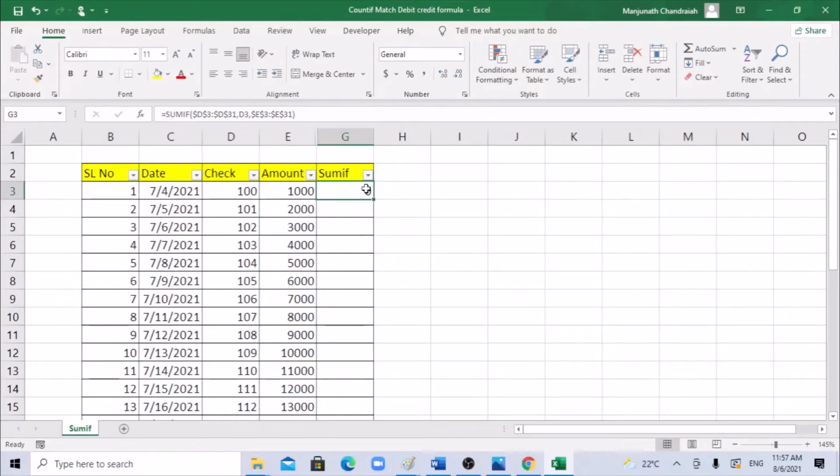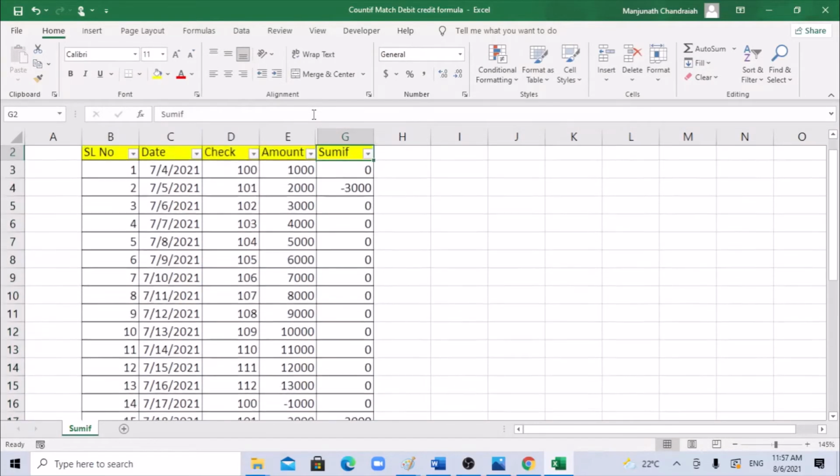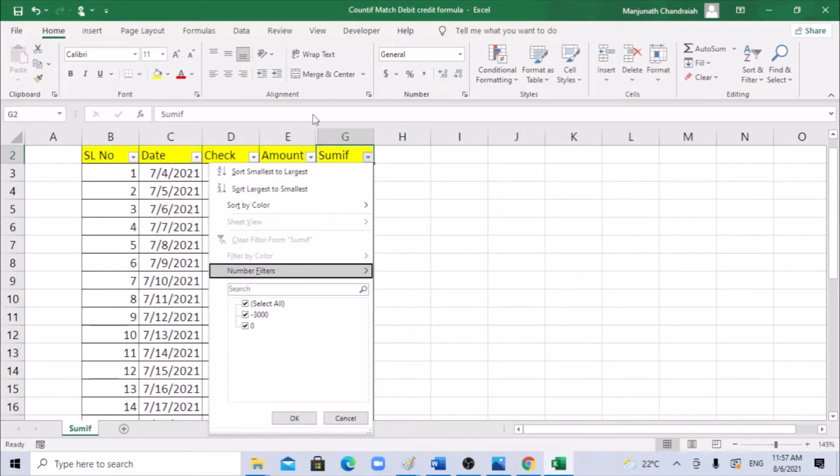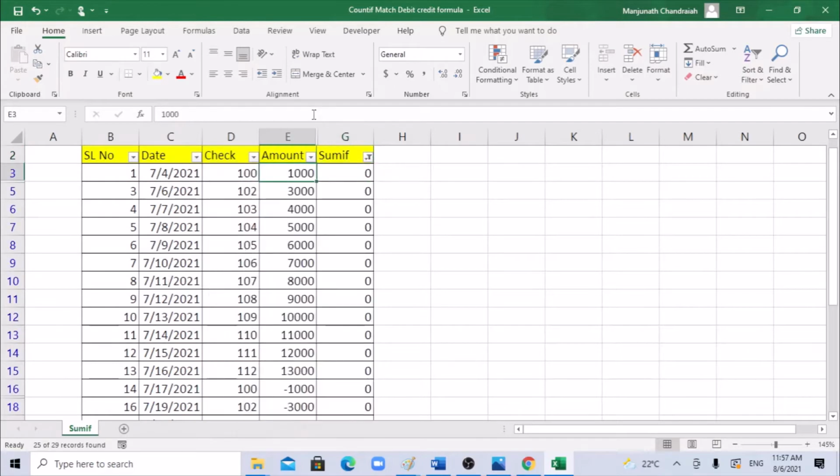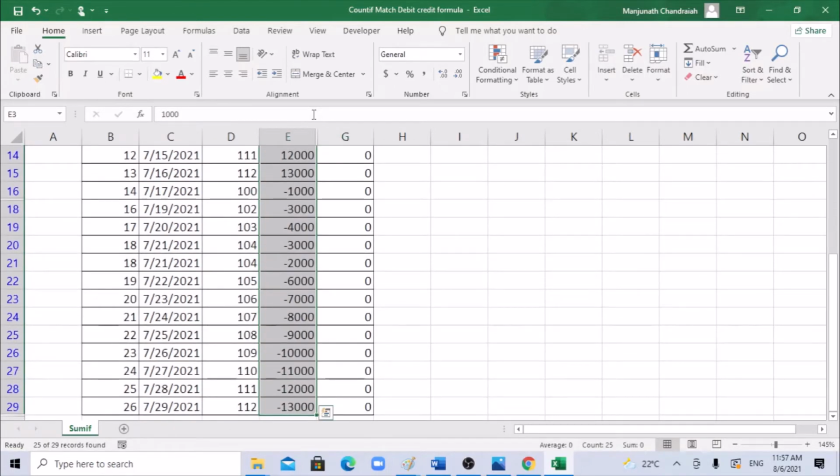Okay, so now it is showing 0. What we do is you can go ahead and use equals 0, or you can leave it blank also. Let's see what will happen if I leave it blank. See, anything summing up to 0 has come as 0 here.